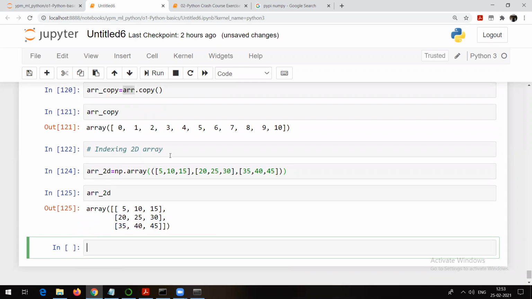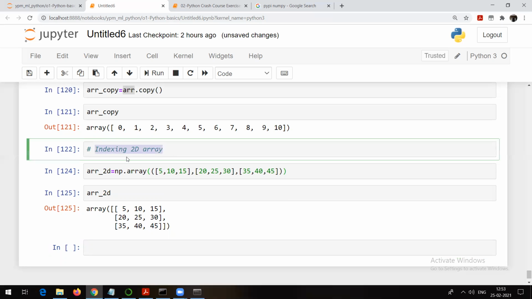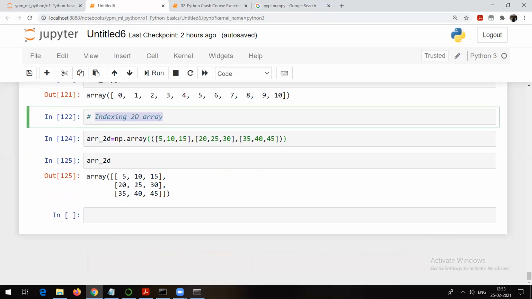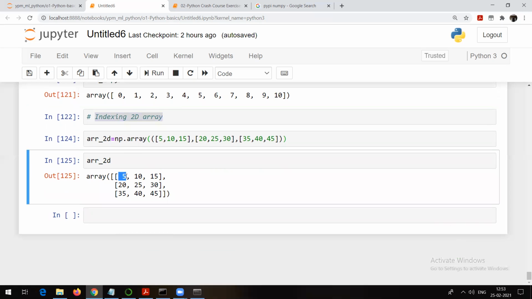Now what we want to understand is how to index elements from the two-dimensional array. For example, what if I want to grab this element 5? If you remember, in Python indexing always starts with 0.